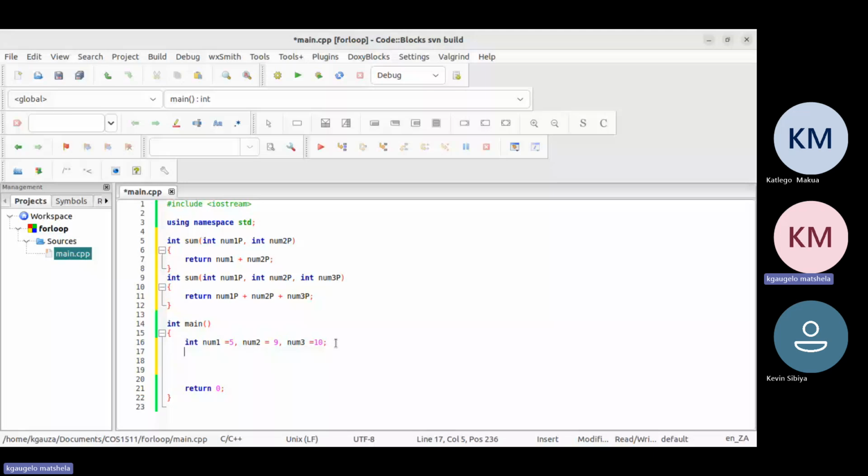So here I'm gonna show you how to call a function. So here I'm just gonna say calling a function, right? So here, calling a function, I can just do this thing same time. Just say cout